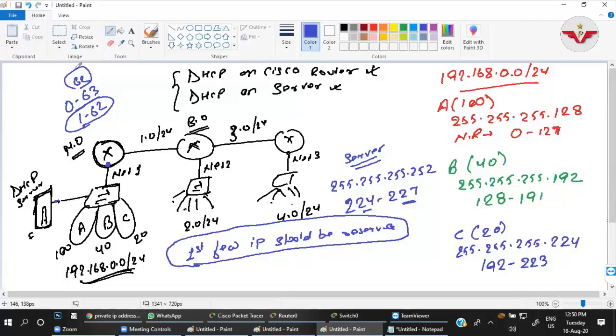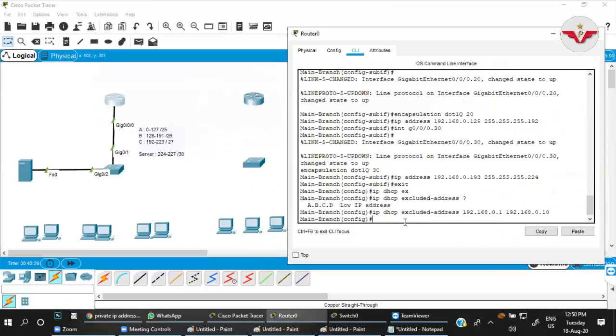That is not a mandatory command. If you want to exclude, you can do that. If you don't have the scope to exclude addresses, because each and every IP is going to be used in the network and you don't want to reserve any for future use, that's it. If I want to remove that command, what will be the case? In config t, you type the same command with no at the beginning.